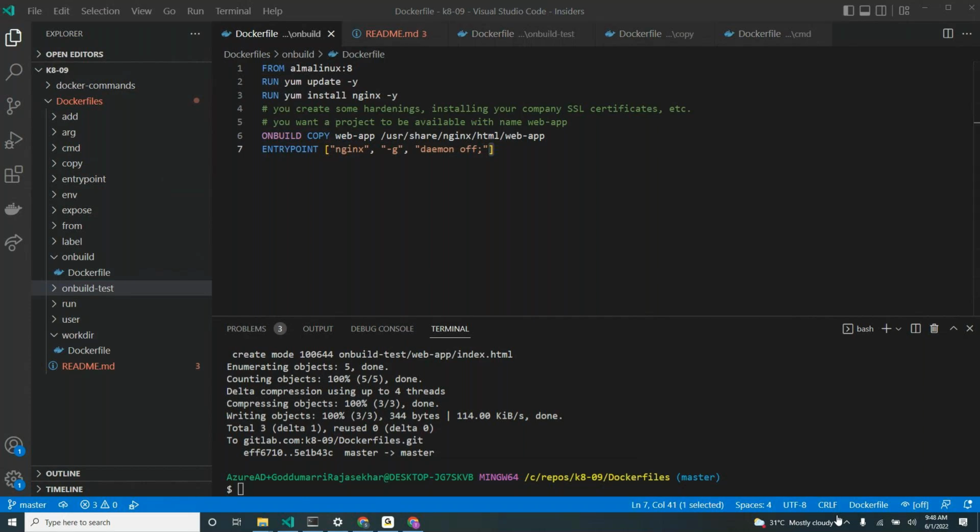Gopi, I'm fine. Any doubts until now? Okay, so that is about the build, and then